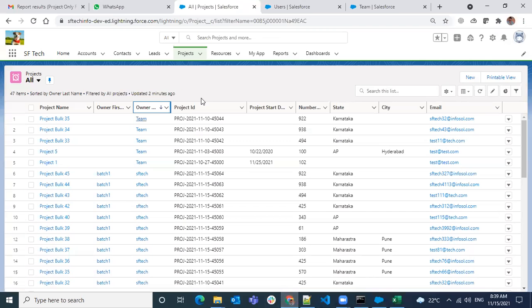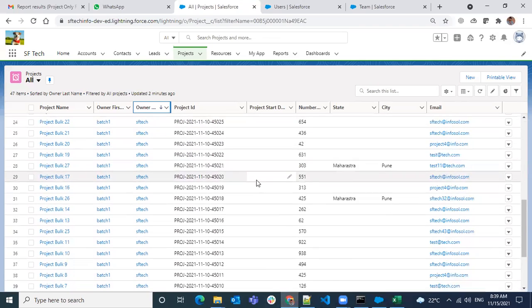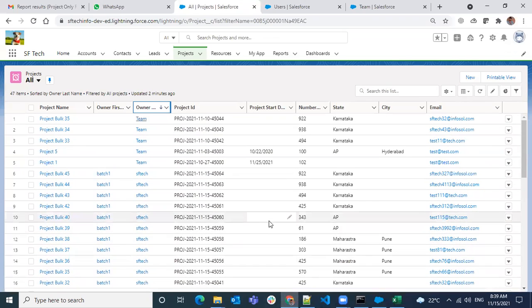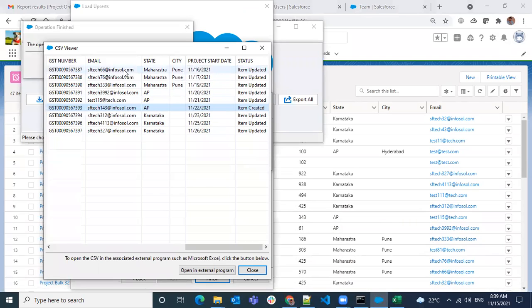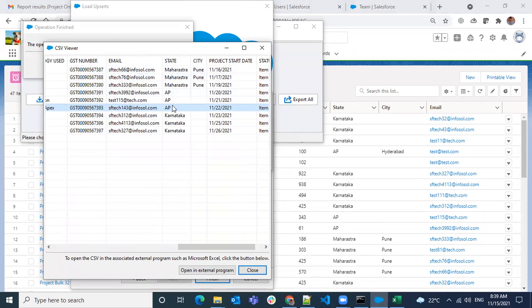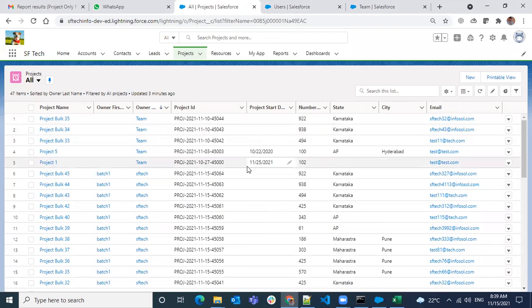Now let's look at whether the data is reflected or not. 1, 2, 3, 4, 5. 5 having an owner as a team. Now it has to become 15 records. And the start date, now it is 4 records. And now 8 records got success, right? I think. 9 records got a success with the project start date.